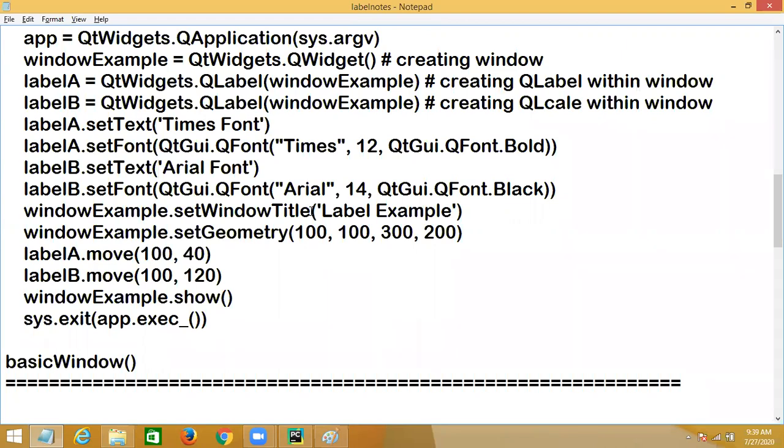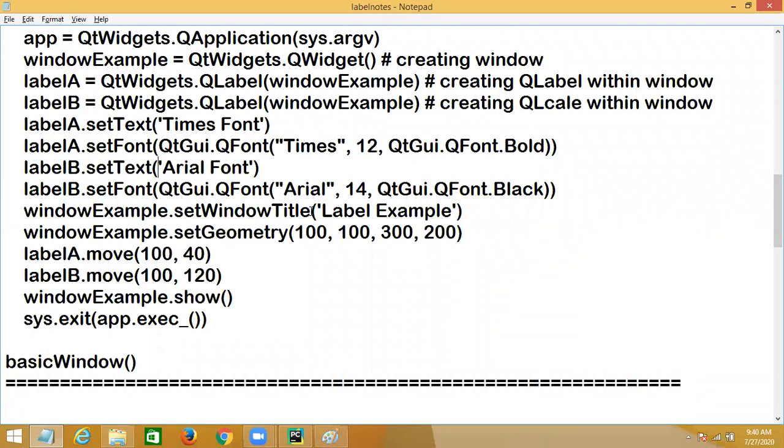So Qt GUI provides changing color. Like CSS, cascading style sheets, where you define styles, in the same way you can define a style here also.